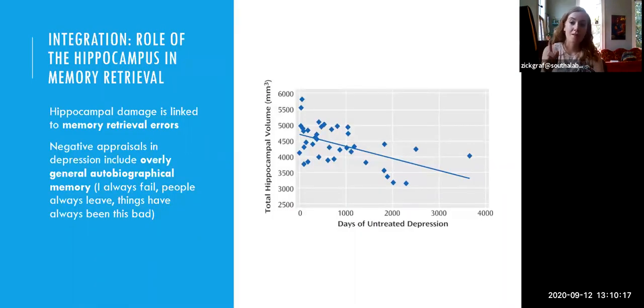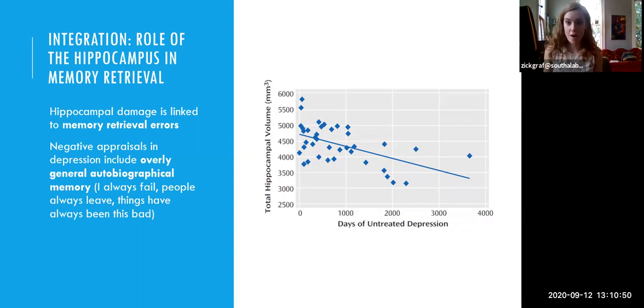So bringing us back to biology for a second, those last 3 examples are people with depression reflecting back on their lives and on the recent past. And we know that damage to the hippocampus is linked to problems with memory retrieval. So problems with looking back into our memories and selecting the right memories for the situation that we are trying to retrieve memories for. And we know that in depression, negative attributions, attributions and not appraisals, tend to include overly